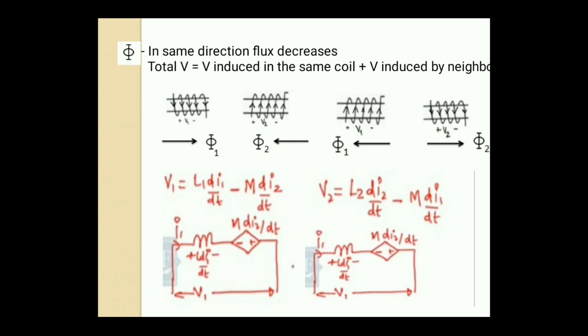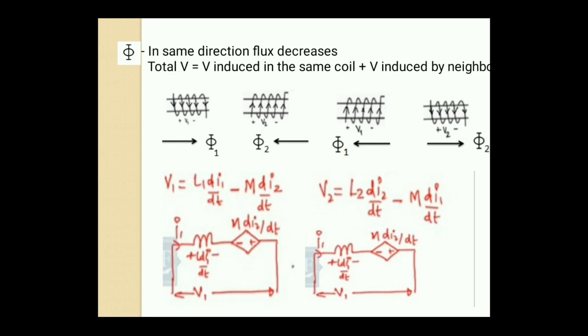Okay. For the two coils on the right side of the slide, here also the fluxes travel in opposite directions. So the overall net flux is reduced and the overall net voltage is also reduced. Why? Because the mutual induced voltage opposes the self EMF. So here also VL1 and VL2 get the same equations. In this way, we find the voltage in any kind of circuit, and we replace the two coils with an equivalent circuit by connecting one inductor and one dependent source.